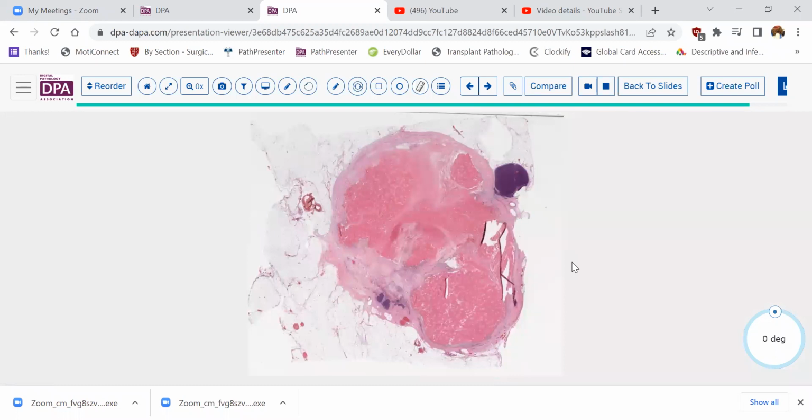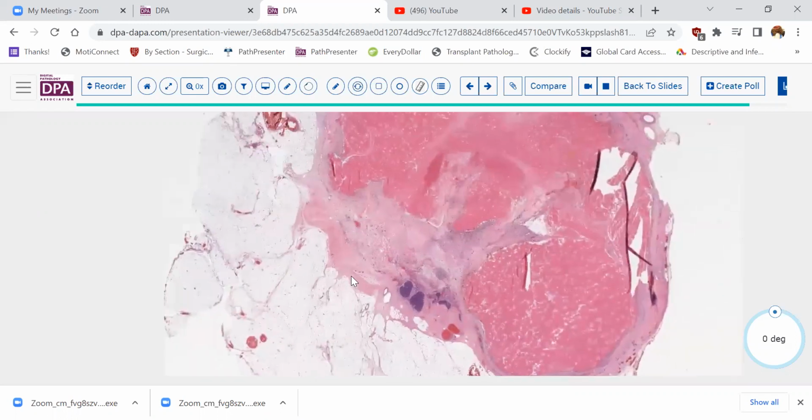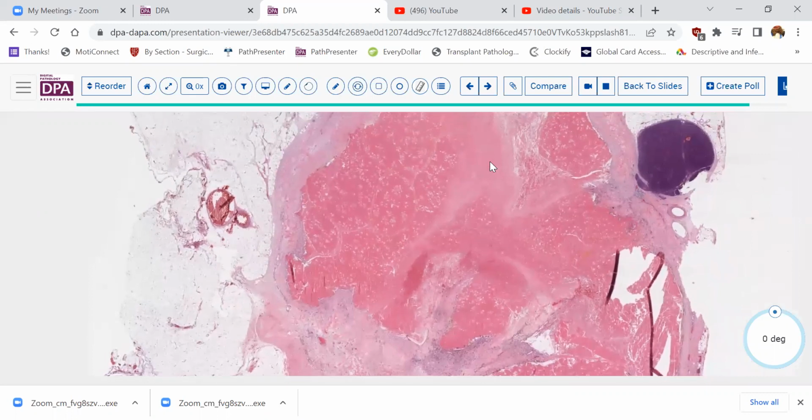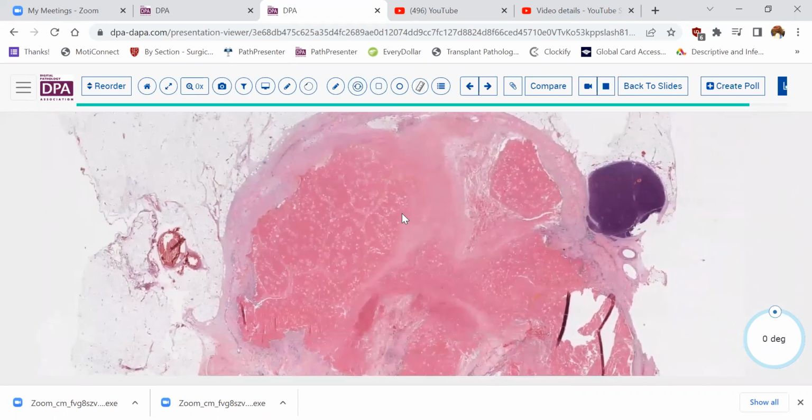Now, the next case we'll talk about is a patient who several years previously had resected an ovarian tumor, and that tumor was diagnosed as an adult type granulosa cell tumor. Well, as is well known, after several years, the patient developed what appeared to be a recurrence. I think a needle biopsy was performed, which confirmed that, and she